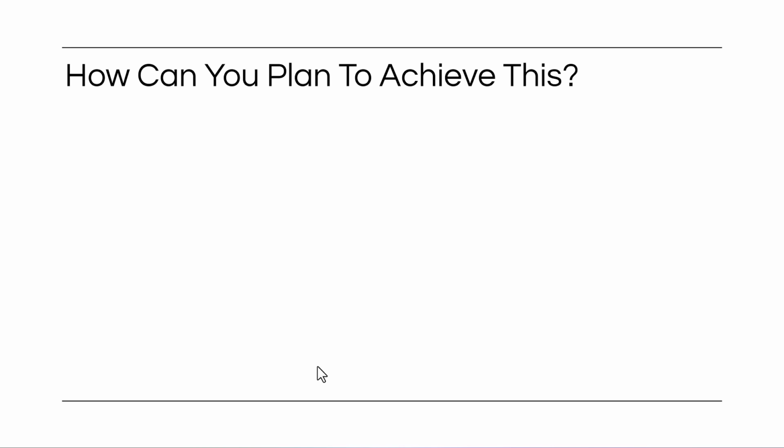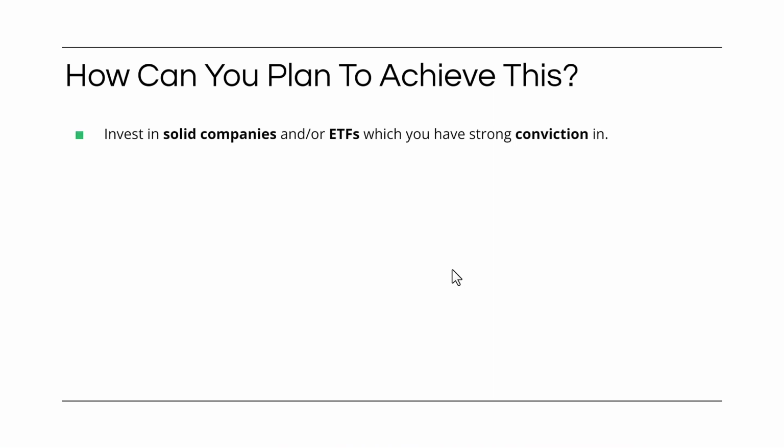First thing I will say is you've got to take goals step by step. You can't go from, like me, I have a $13,000 portfolio. I can't just go from 13,000 to 3 million overnight. So you've got to take small steps, but let me go ahead and give you some tips to achieve it. So first up is going to be invest in solid companies and ETFs in which you have strong